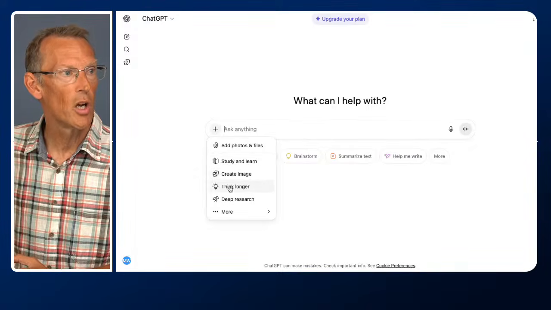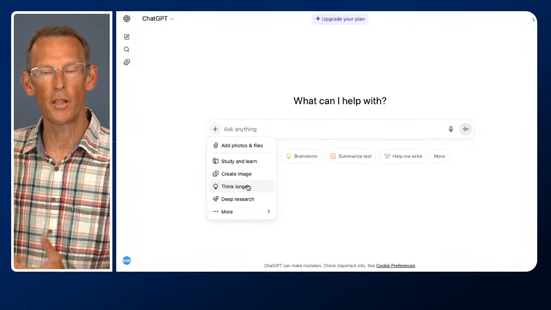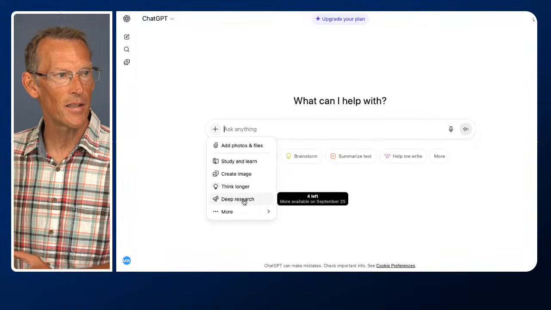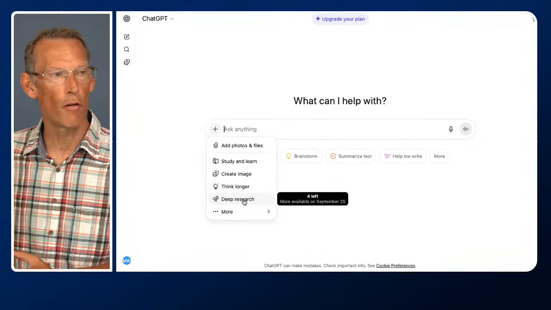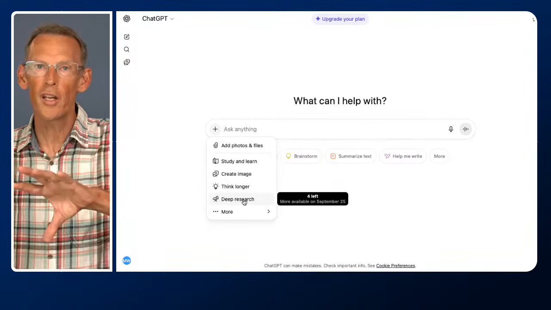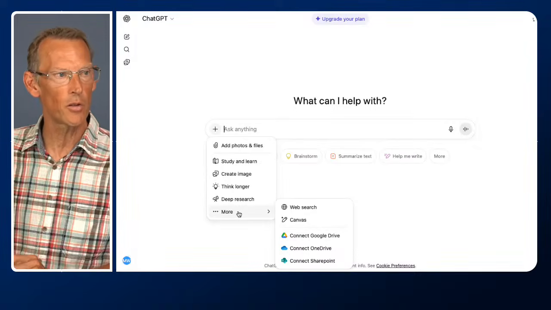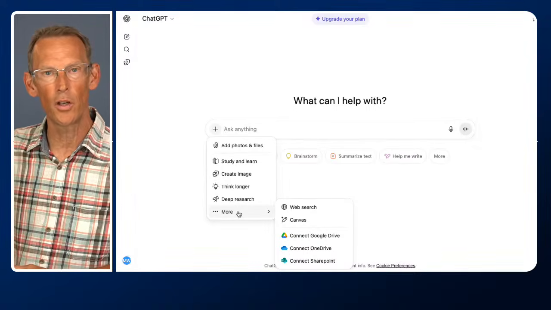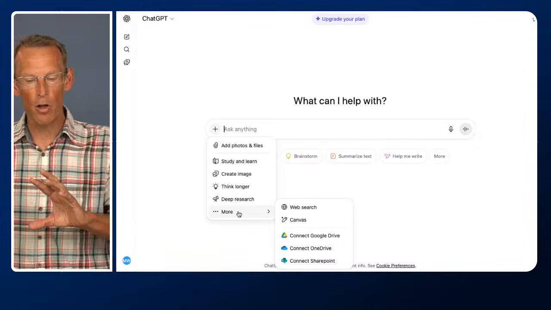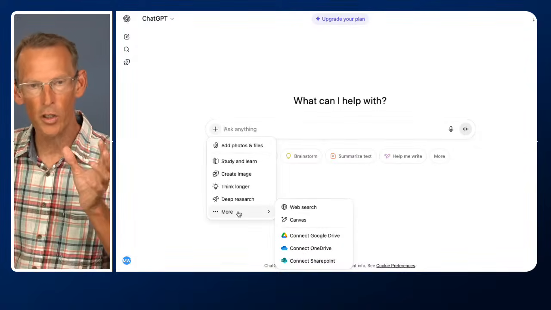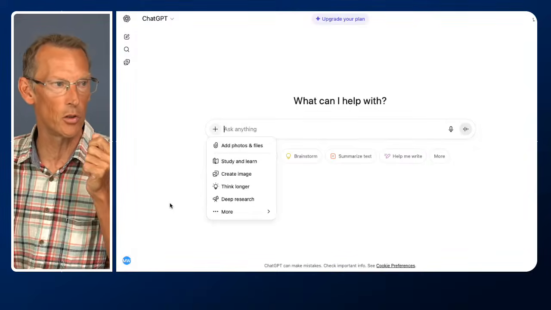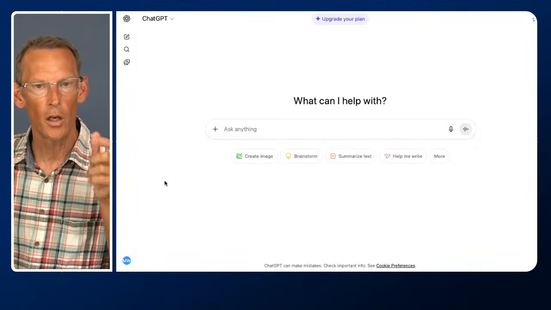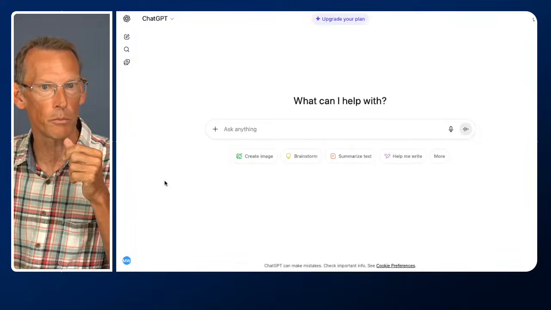We can create images. We can get it to think longer using its advanced reasoning. We'll look at that later. There's deep research. You only have, as you can perhaps see as you hover over, 4 uses of it a month. So on the free account, there's some limitations. But the great thing about the free account, you also have web search, canvas, and a few connectors. Sam Altman was saying that with the free account, he wants people to still get access to almost all of the key tools, even if it's limited usage. So there's some great stuff that you can do, and we'll talk about how you might use those tools.